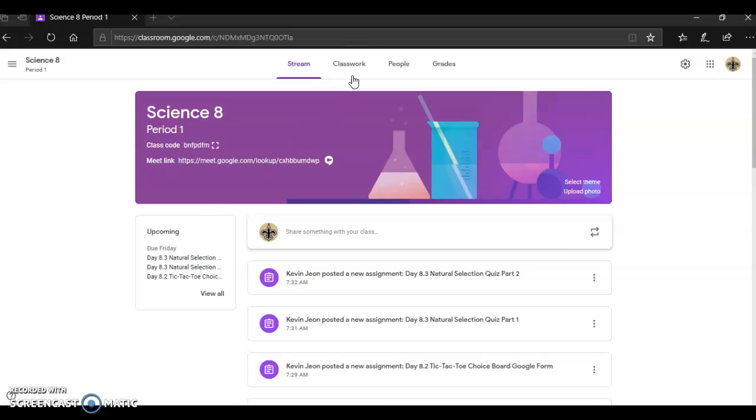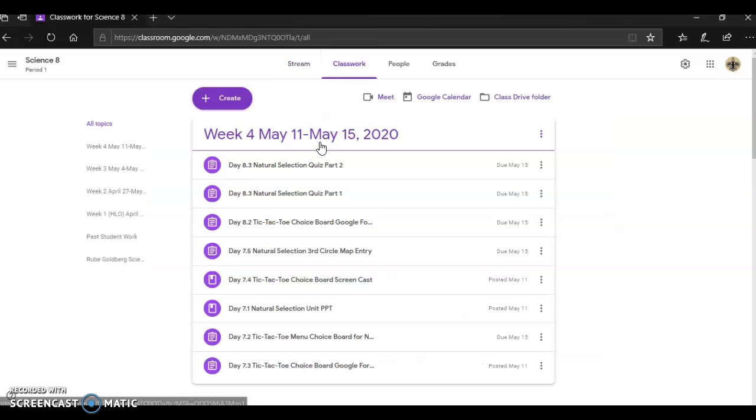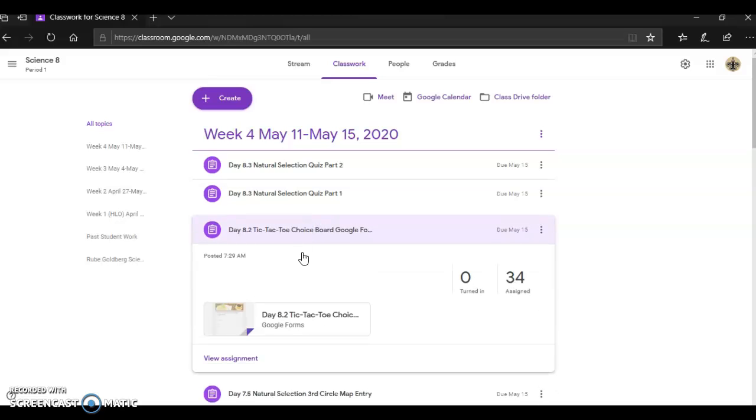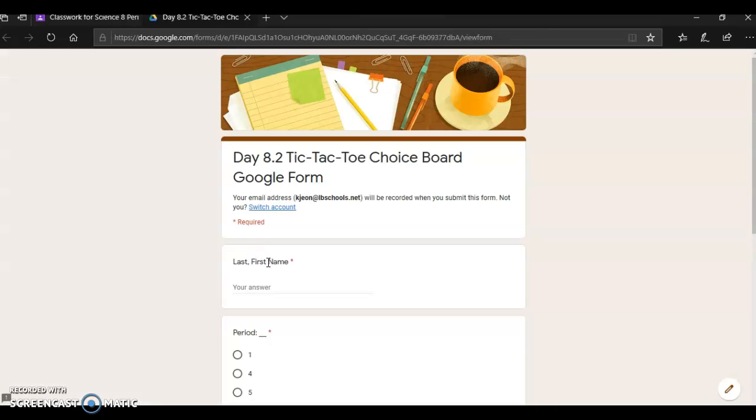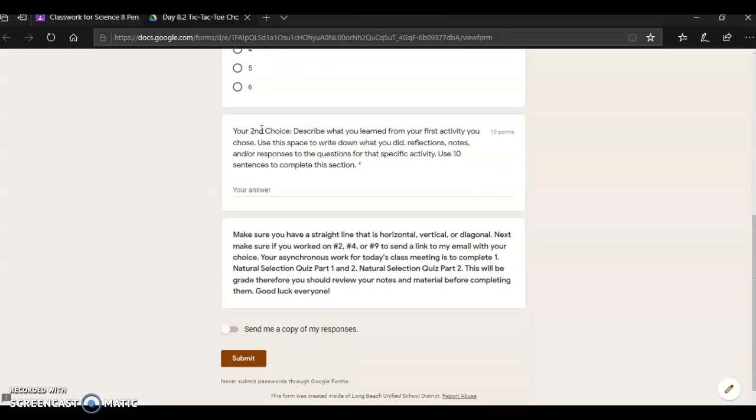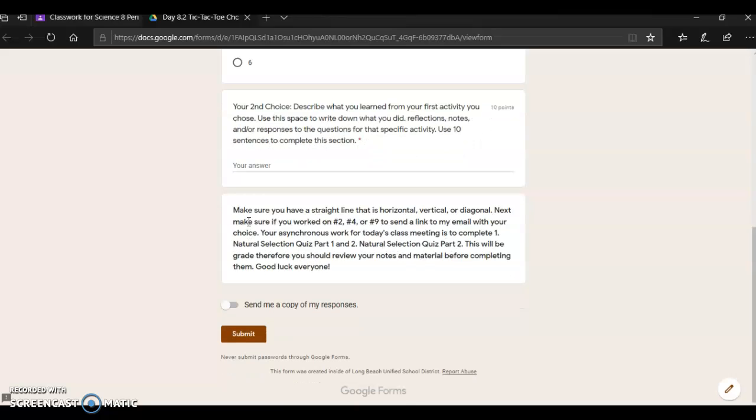Okay, so we're going to go to classwork. I'm going to start off with day 8.2 tic-tac-toe choice board. This one is going to be for your second entry, okay? So let's go take a look. It's the same thing. Your second choice is pretty much your third entry, right? So you're going to do the same thing as you did, and then after you're done,